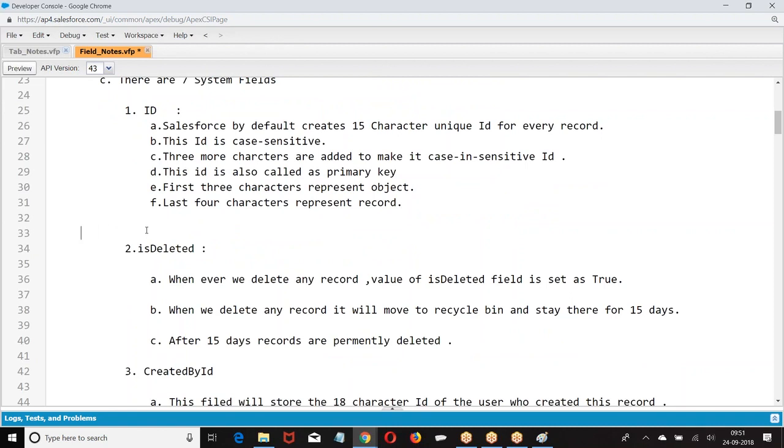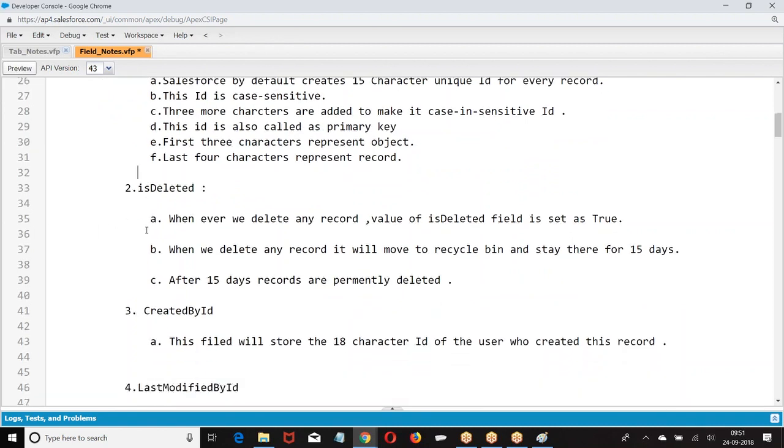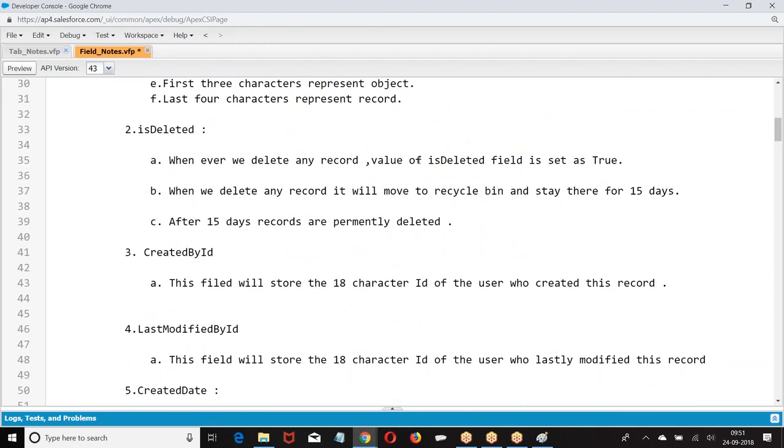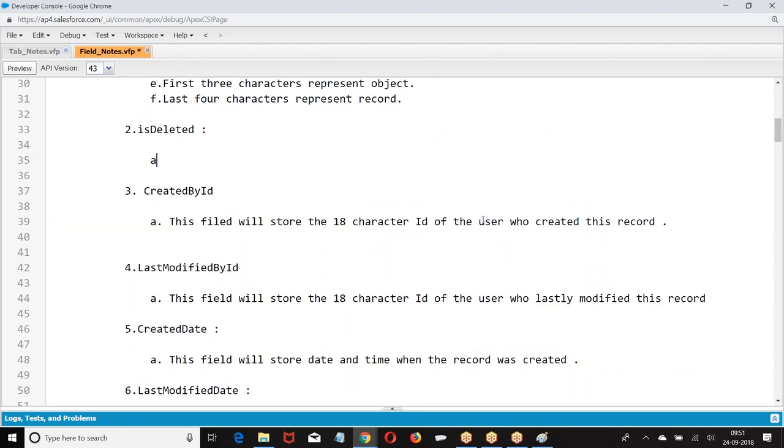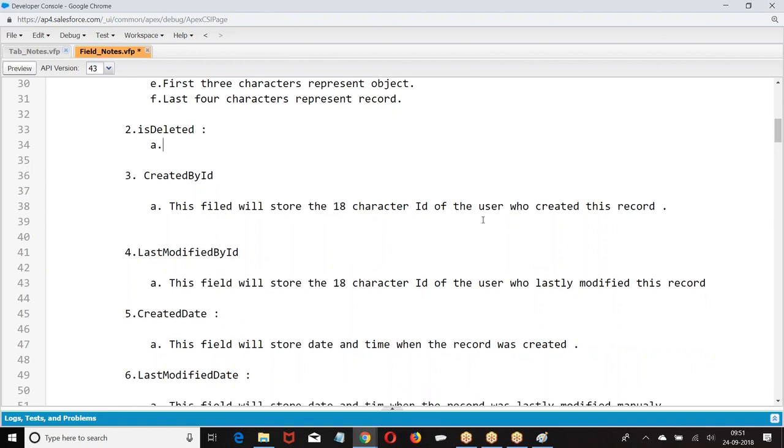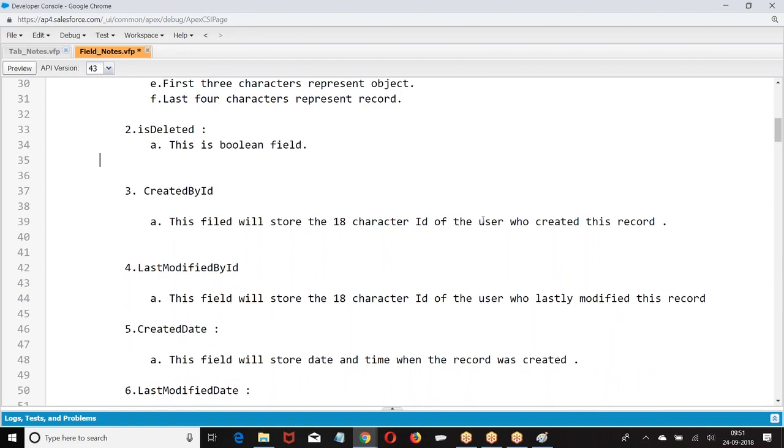What was the next one we had? Is Deleted. It is a Boolean field. The value of this field is set as true when the record is deleted.